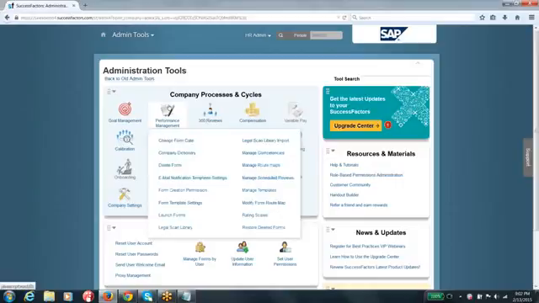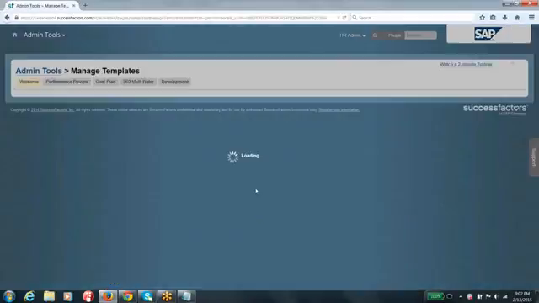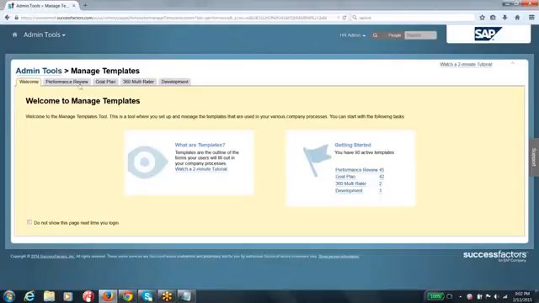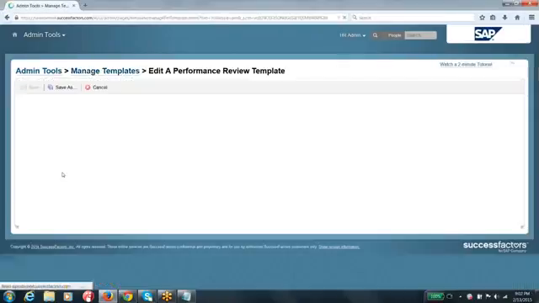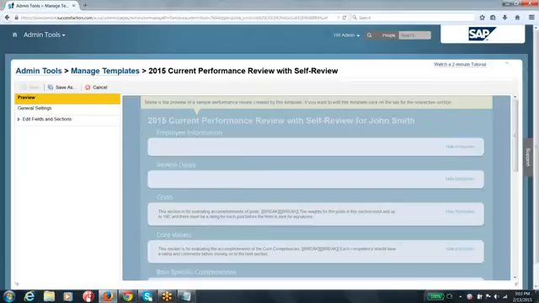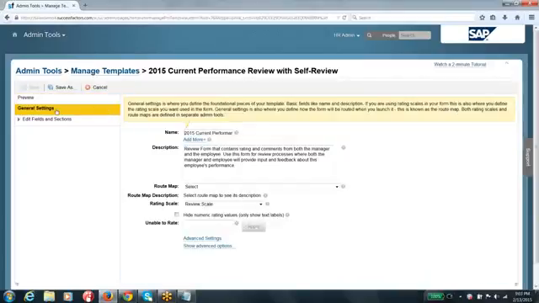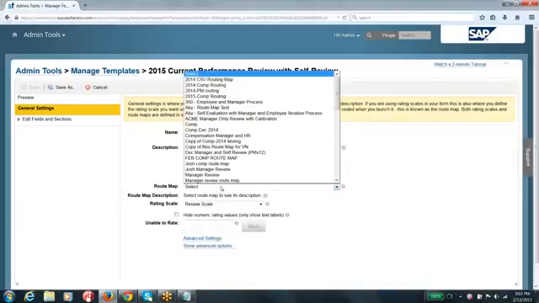Say if you are going to work on the performance management template, go to the manage templates option under the performance management module, go to the performance review and select the one that you are interested in. Let's say you are interested in 2015 current performance review with self review. Click on the general settings, guys, again, and you can see the roadmap that you are interested in.